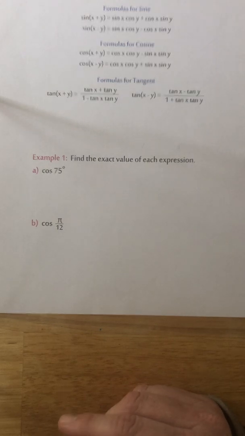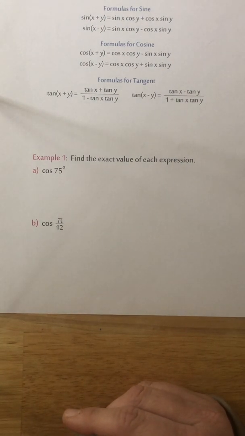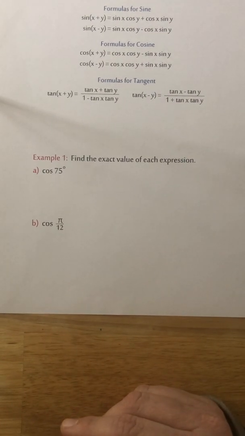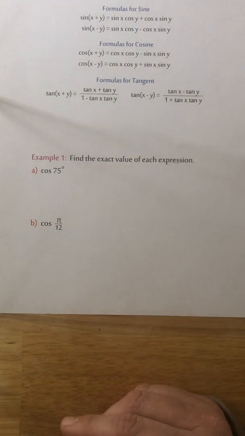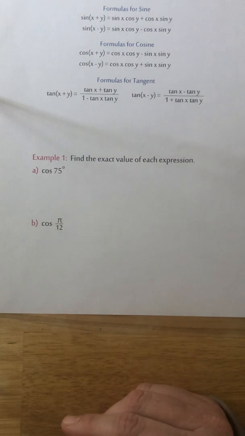But if we don't want to have to use a calculator, because up until now, at this point, we would have to use a calculator to find cosine of 75 degrees, we now can use an addition or subtraction formula. So you want to try to think, okay, what numbers can I either add or subtract together to get 75? And there's probably lots you could choose from, which is why different people's work will look different. And then their answer, though, at the end of the problem should be the same, and it all depends on did they add or subtract and what